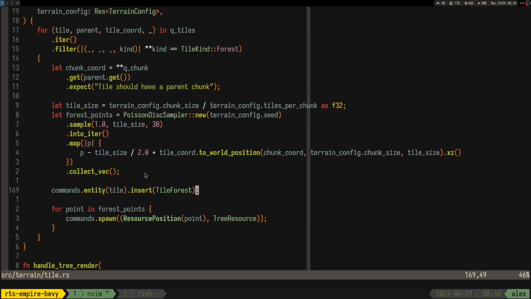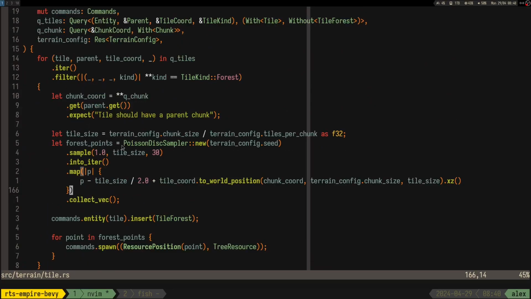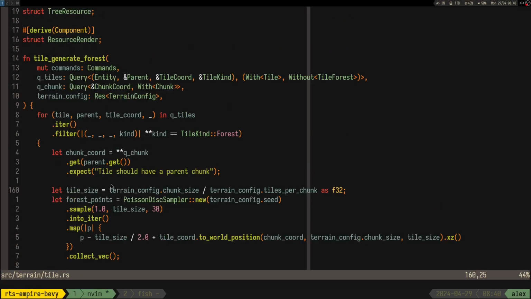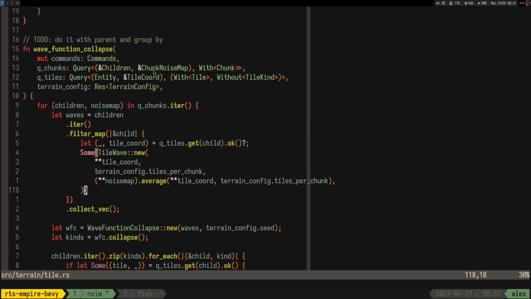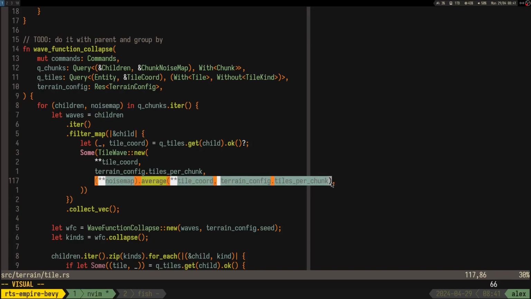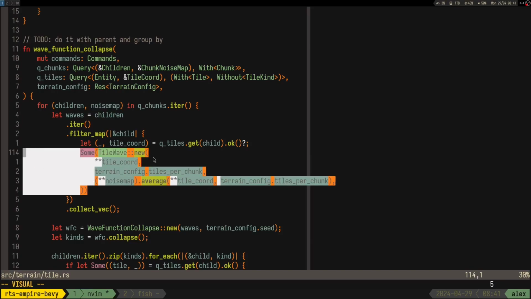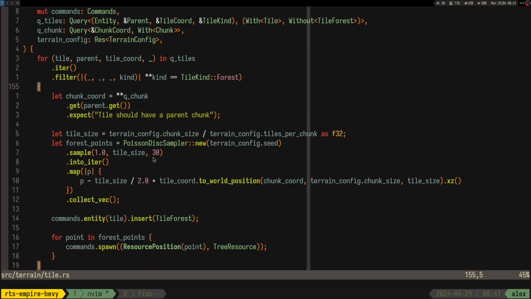So yeah, here in this thing, where's the pause on this sampler, I think we are gonna need a noise, like we did I think here, or something for the rules. So we might need a noise map, right? Yeah, we might need a noise map because you saw that sometimes there are trees in the water. So even though the tile is